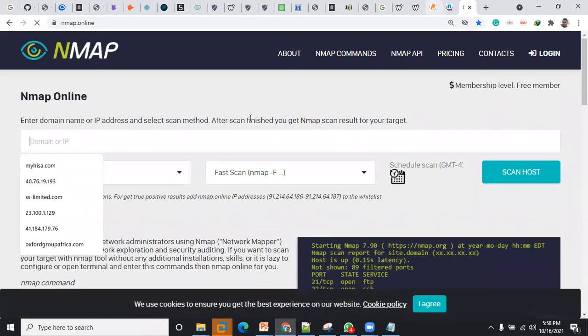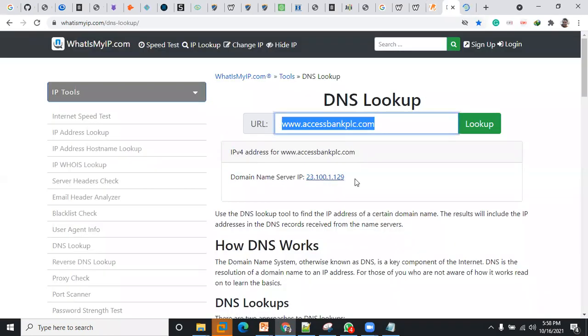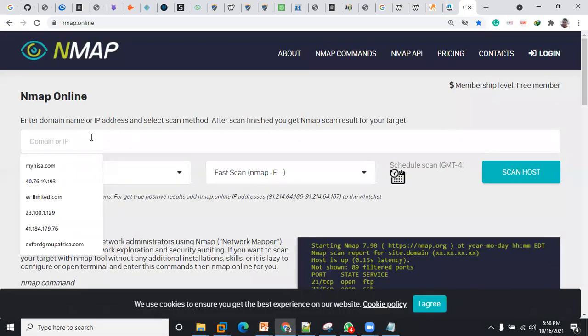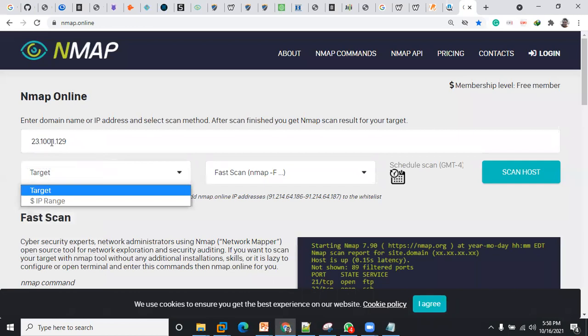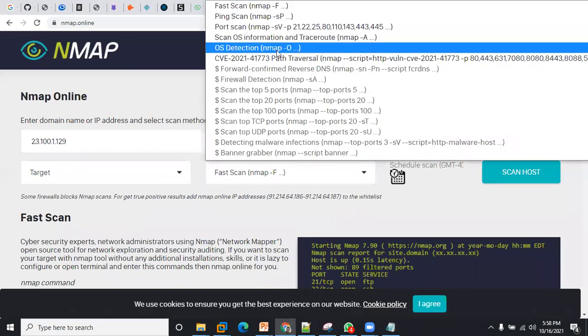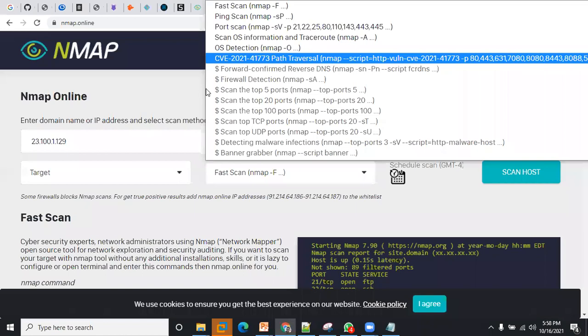So I'm going to copy out my IP. I can use my domain or my IP. I prefer using the IP. So this is an online enhanced scan. So these targets, right? What I want to do is conduct OS detection.